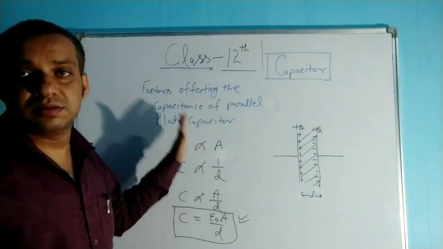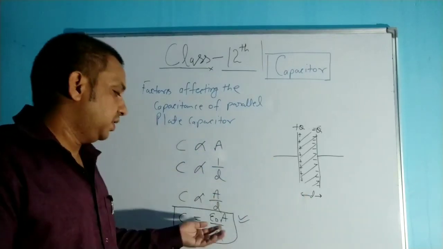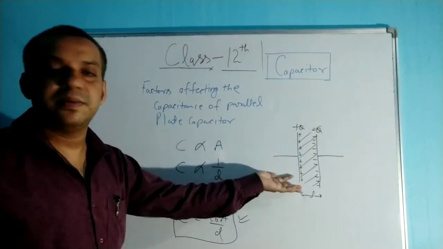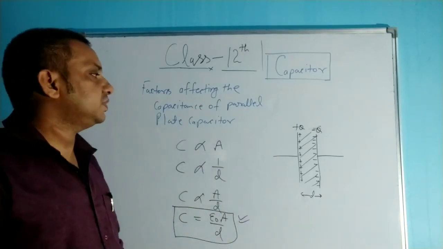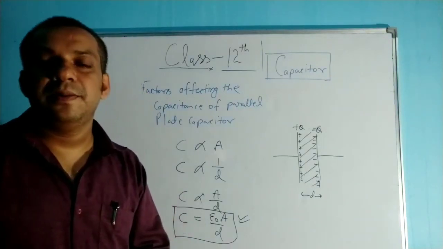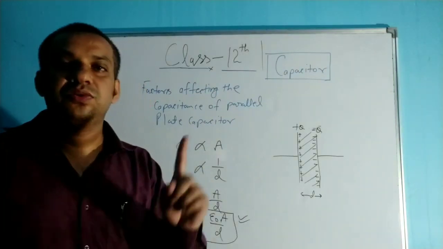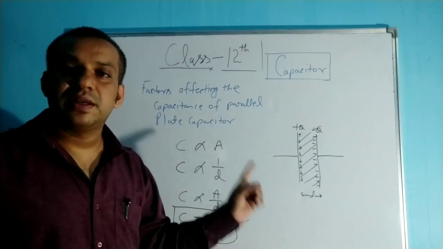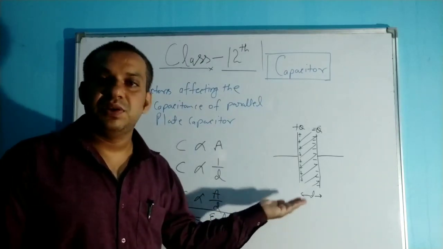What are the factors which will affect the capacity of the capacitor? Here is the generalization of the dependency upon the surface area of the plate and the separation between the plates. These are the common factors which will affect it. In the next video we will discuss the capacity of the parallel plate capacitor, and you should go through that video where I discuss the electric field due to the thin sheet, because in this derivation we will use that result.